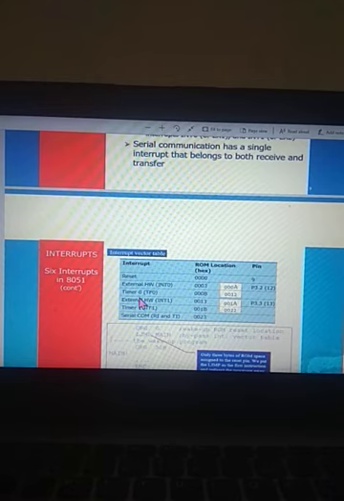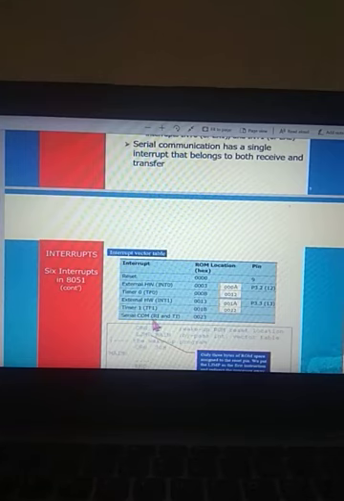Then this is timer 0. Timer 0 is also 8 bytes wide, that's why it moves up to 0012. Then external hardware interrupt INT1. Its location is 0013, because the last location was up to 0012. This is also 8 bytes wide, so it moves up to 001A. Its location is 0013 to 001A. After that, timer 1 is 001B to 0022, like this.